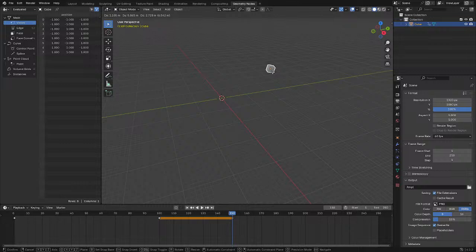Now I'm just going to delete this keyframe real quick, and I want to show you another way that you could do this. You could just simply move over to frame 90 or wherever you want to move it to, and then you could press the I key again, and you could insert location, rotation, and scale. And you can see now it's just going to stay where it is and it's not going to move. Now you can see that in between these two keyframes there is a little line here, and if you press A to select